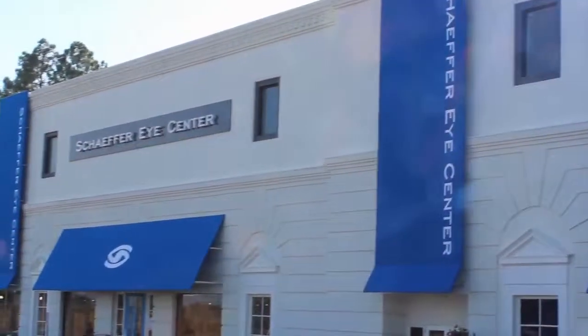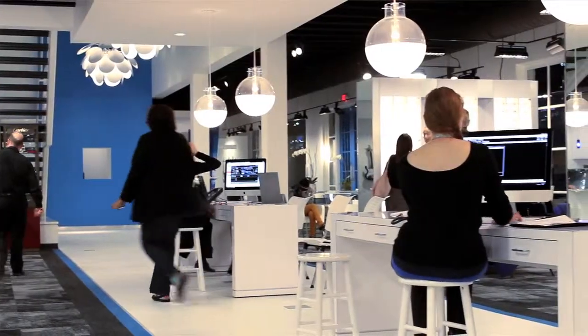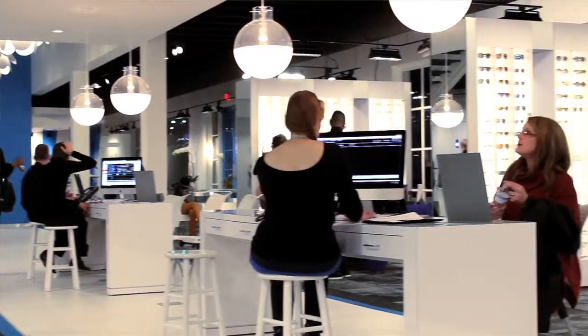Well, it's such a large building. I was at first a little flummoxed as to why you would be selling eyeglasses and eyewear and patient care in such a large building. But after talking with you further about it, I realized you've got a real vision about creating a whole experience and enhancing the Schaefer Eye Center experience, and that this building was a huge canvas for you to do that. So that was really exciting. Well, you captured my vision, my dream, and